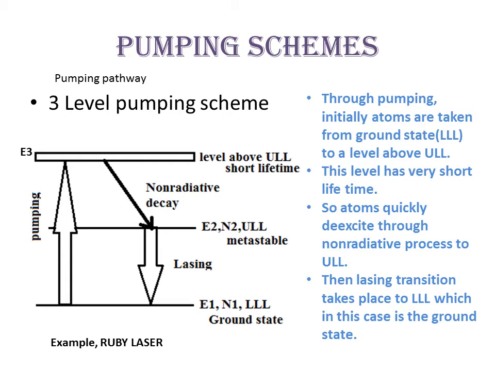Why is it so? Because of the way in which we are counting: the first is the lower laser level, the second is the upper laser level, and the third is all the energy levels above the upper laser level, which are counted as 1, and all the energy levels below the lower laser level are also counted as 1.